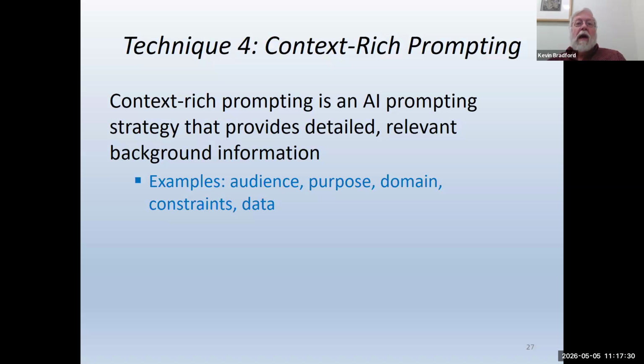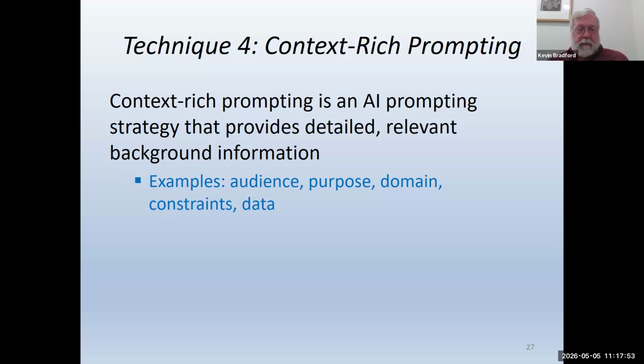All right, technique 4, context-rich prompting. It's a strategy that provides detailed, relevant background information, and I've got some examples there: what your audience is, explaining in detail all these points: audience, purpose, domain, constraints, and then the data, feeding it data as well.